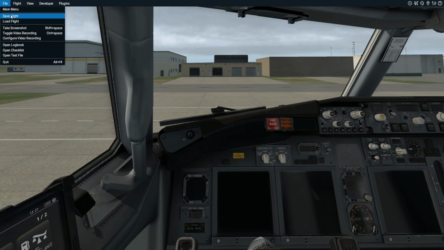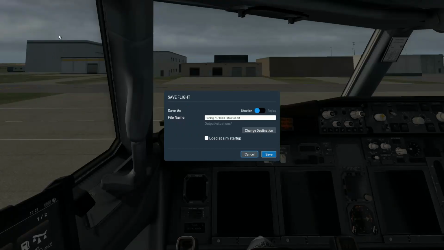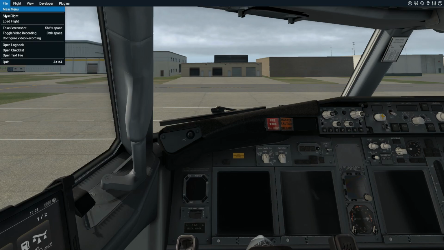You can save a flight and load a flight. This could be useful if you want to set up a situation like an approach, and you want to start the game on the approach and keep practicing it until you get it correct. Then this will be quite useful. So you just click on Save a Flight. And it's a situation you want rather than the replay, which would be like a movie of what you've been doing. A situation sets you up for a particular point in time and space, and then you can save that, and then if you want to load it again,